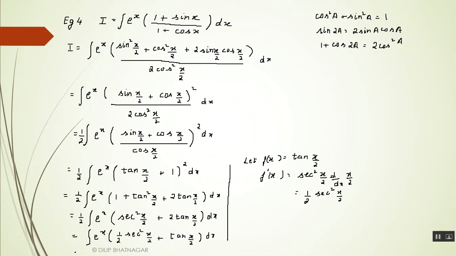So now this I is in the form of e to the power of x, f of x plus f dash x. So we have I is equal to e to the power of x, f of x, that is f of x is tan x by 2, plus c, right? Now let's go to the next sum. Yes, now the next sum is